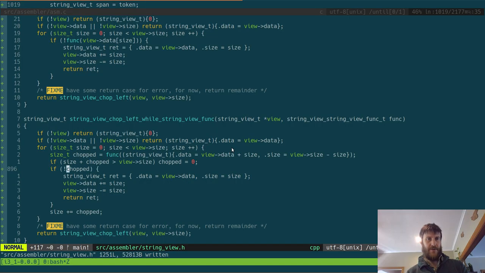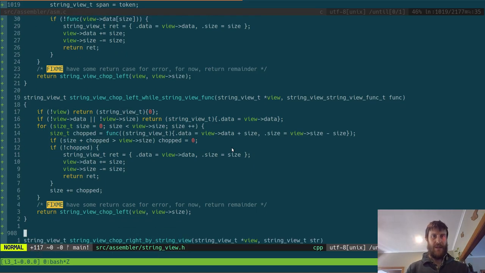So if it was 0 here, then this not would make it a 1. But yeah, if it's a 1, then it'll make it 0. So that would be that, and then